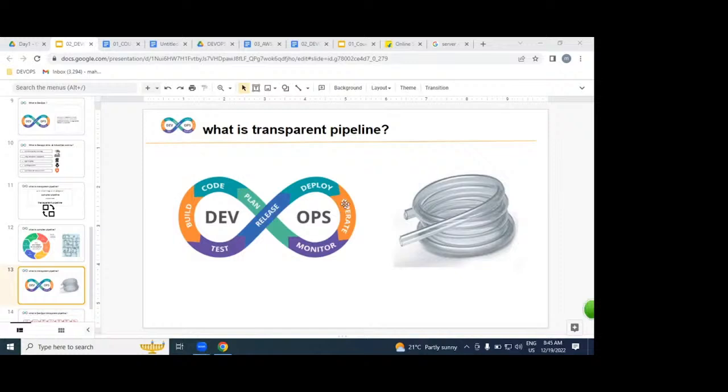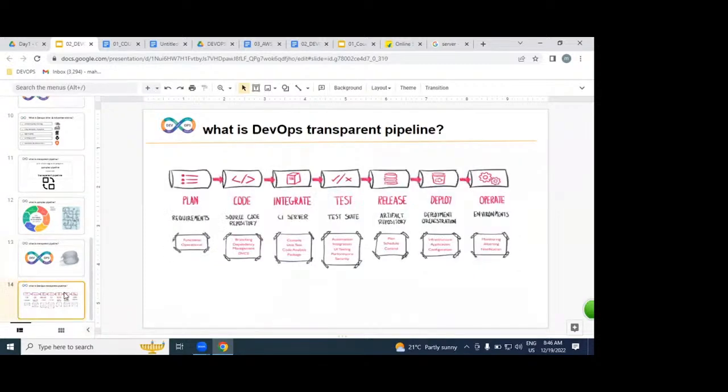What exactly are we going to do, guys, please? We are going to be replacing what? A complex pipeline with a transparent pipeline. Why are we calling DevOps a transparent pipeline? Because it is transparent and automatic. In the middle, if you got any issue, any problem, we can easily identify it and easily resolve it. But how does the actual DevOps process exactly look like? This is exactly our actual DevOps process, which we are going to implement. Our actual DevOps process looks like this.